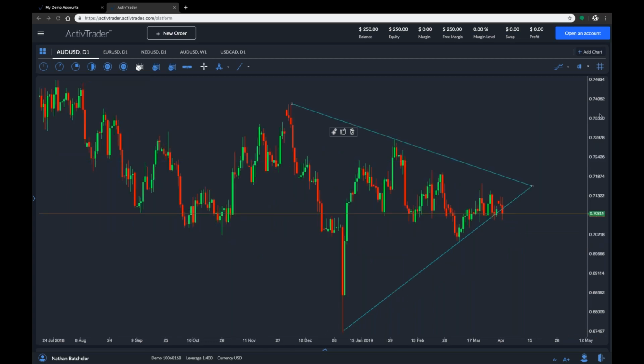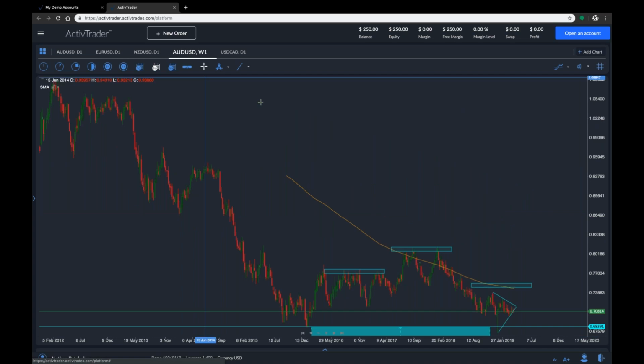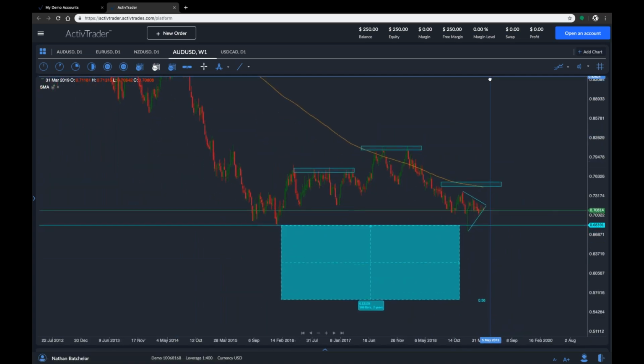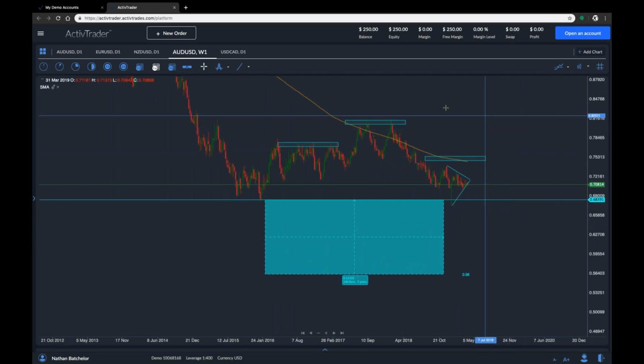I'd now like to move to the weekly time frame chart, and we can see here that we have a bearish head and shoulders pattern, and the actual projection of this bearish head and shoulders pattern would take the Aussie towards a 0.56 level if it does play out. So obviously we need to keep our eyes on the neckline of this pattern,